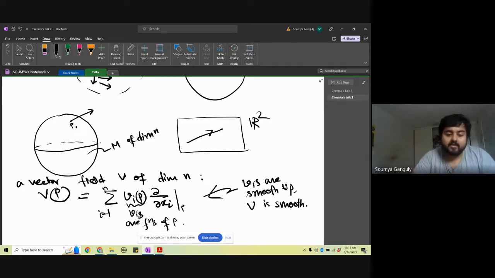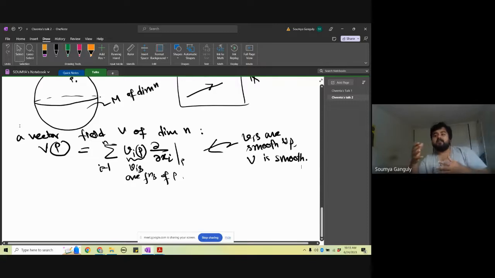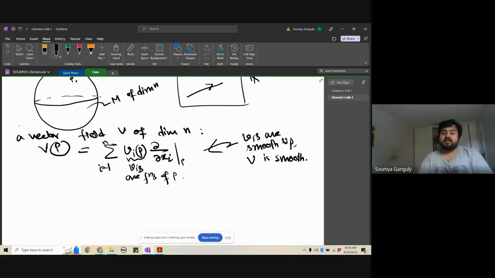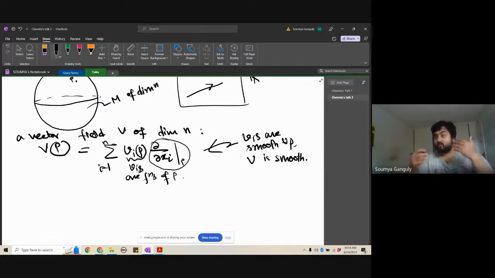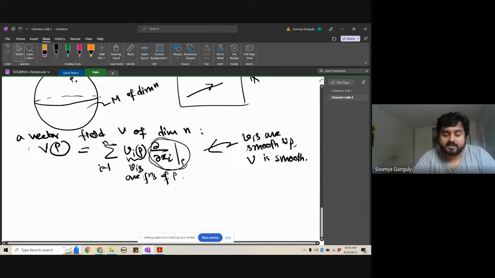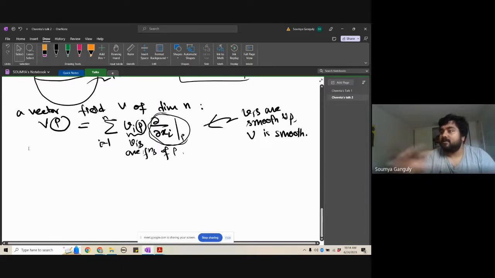So as you understand, this is really like a vector, the only difference being that instead of basis vectors, we have these derivatives. Why? Because we think of directions as directional derivatives. And why? Because for this, we don't need to know about the embedding space. So from now on we can think of vector fields as objects that can act on functions, because these are derivatives, they can act on functions. Directions are nothing but directional derivatives.